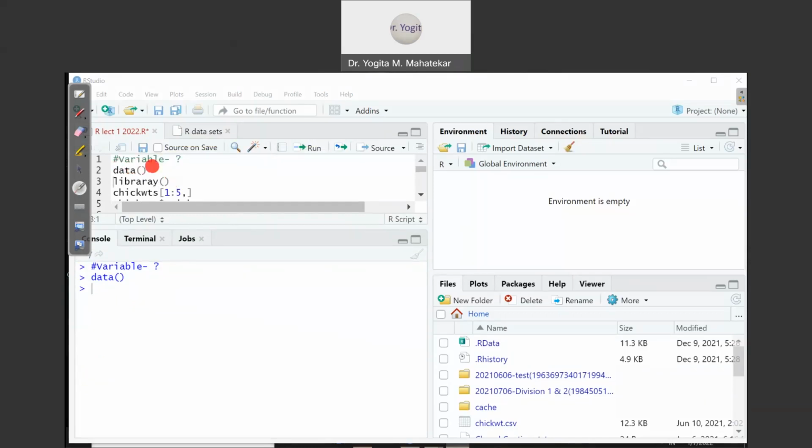The very first thing that we have just seen is what is meant by a variable. Now the second command, data with an empty round bracket in front of it, displays all inbuilt data in R. We also say that this command shows the automatically loaded dataset packages in RStudio.